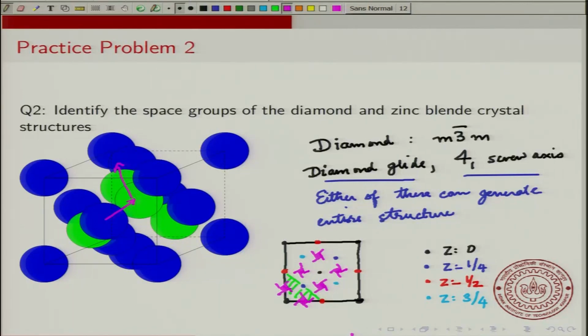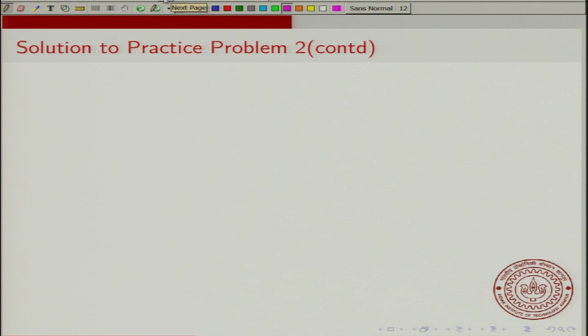Okay. So, with this screw axis, we can generate the other points in this asymmetric unit. Similarly, the glide plane can also be used to generate several other symmetries and several other points. So, to make the long story short, we will say that in diamond